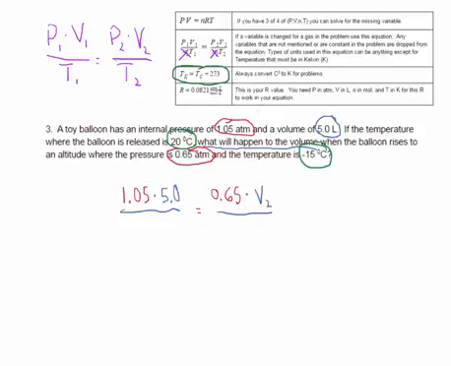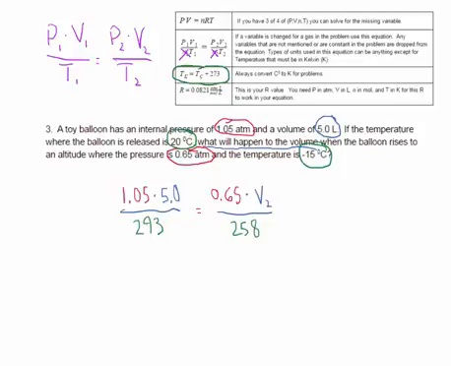So we need to go ahead and add 273. Our initial temperature is 20 degrees Celsius, and if you add 273 to that, it's 293. And then negative 15, you add 273 to negative 15, and that gives you